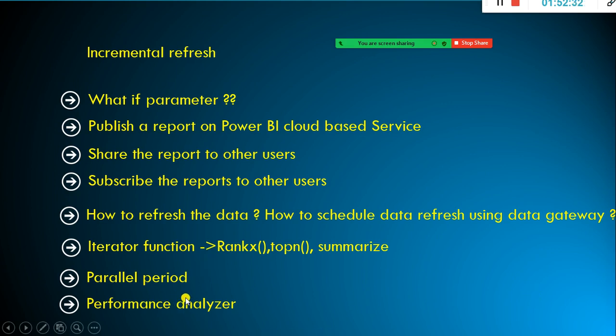Parallel period and performance analyzer best practices, these things we will discuss in the next session. Tomorrow we will have it, because the day after tomorrow even I myself will be very busy because of the sales, all the things in the USA, okay. So tomorrow night itself we'll try to cover this. In the worst case, we will have the follow-up session on the upcoming Wednesday. In the meanwhile, send me all your profiles, don't delay any further, because we need to make changes to your profile in multiple iterations, and then we can take it up with the prospective employer. Meanwhile complete the assignments and start practicing. This is enough, okay.